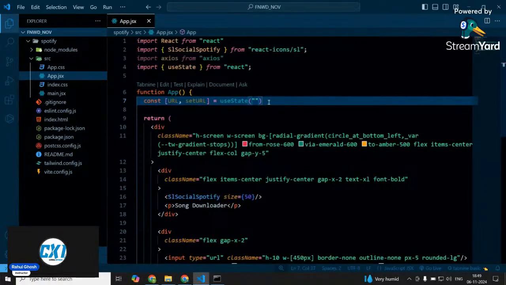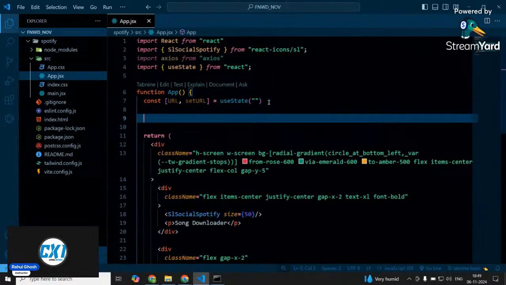Now I have to create a function that will help to catch the URL. Whenever the input field changes, it will automatically propagate that URL inside your URL variable. So I will create a function, const